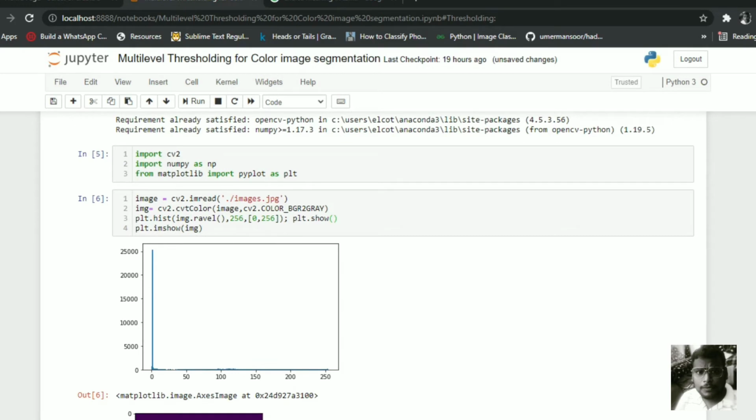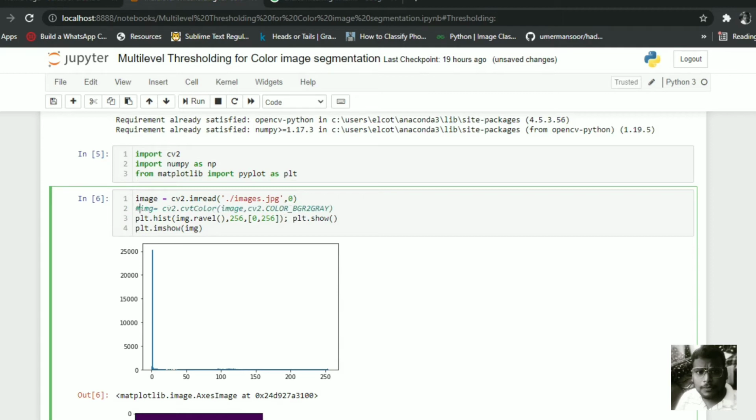We can also use 0 when reading the image. By adding 0 in the line, it automatically converts a color image into a grayscale image.